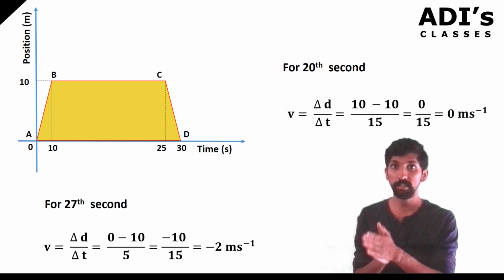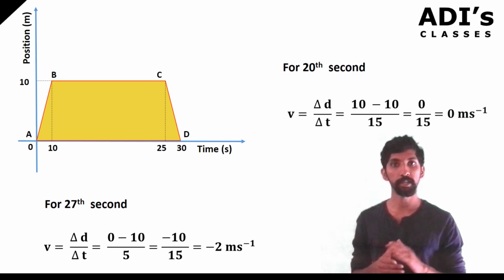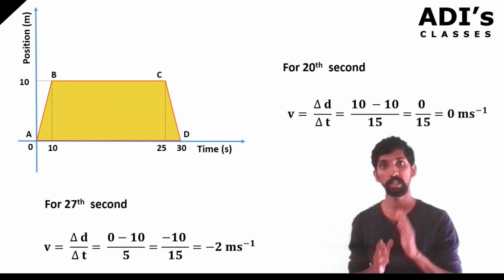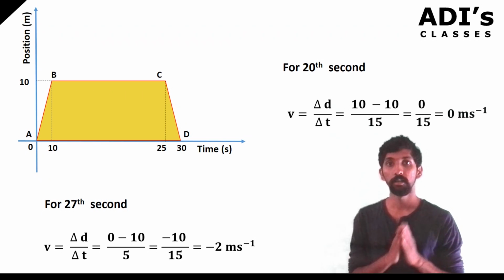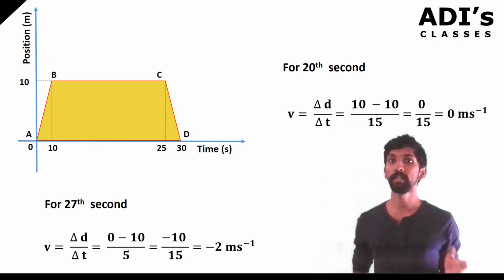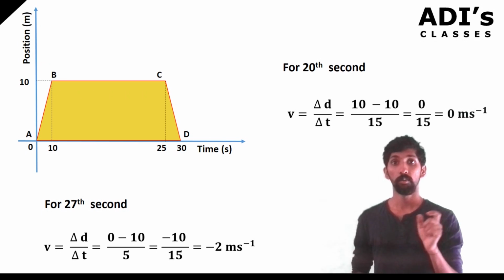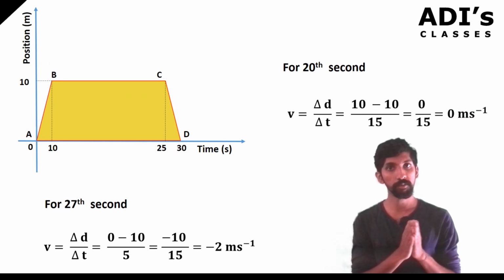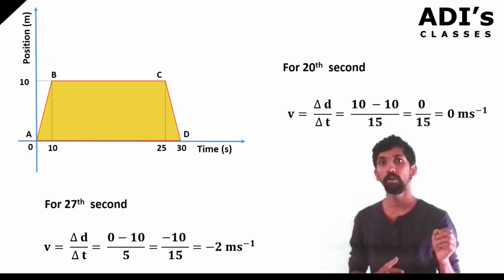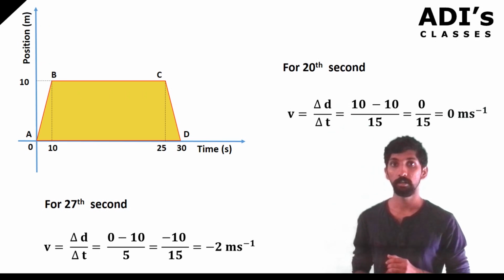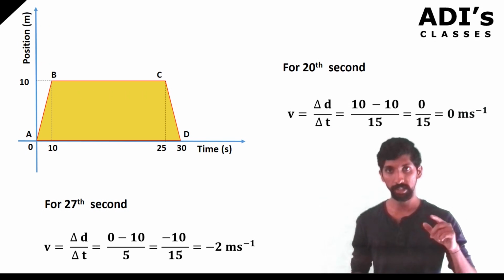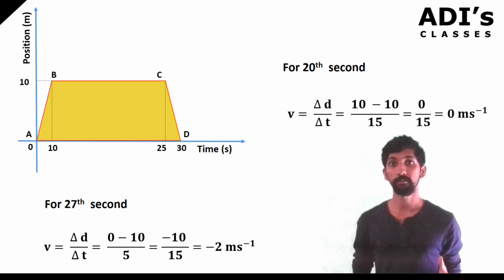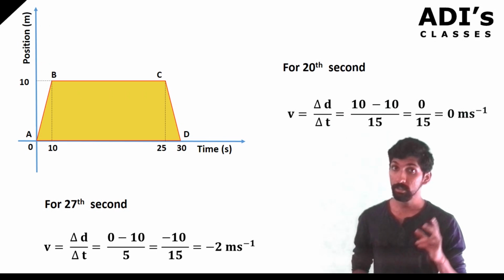It will be 0 minus 10, because the final value is 0 meters and the initial value is 10 meters, so it gives you minus 10. The change in time is 5 seconds, because from 25 to 30 we are moving. So the velocity is the change in displacement, minus 10, divided by 5, which gives you minus 2